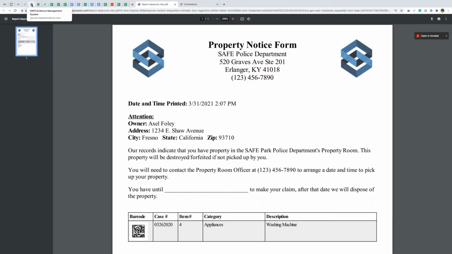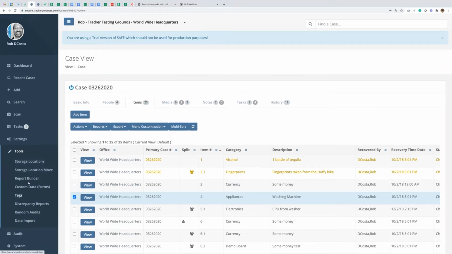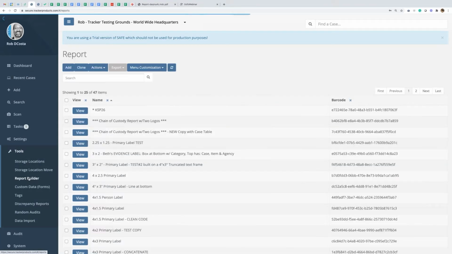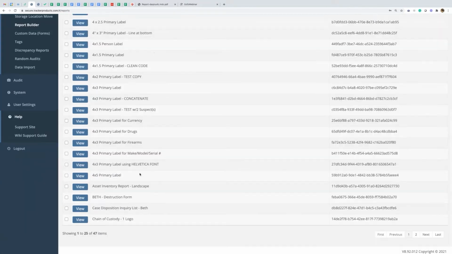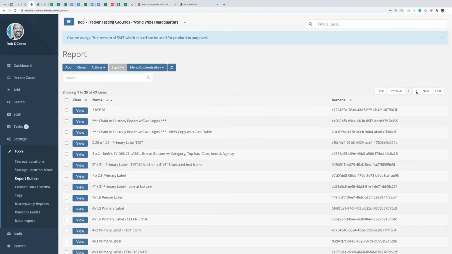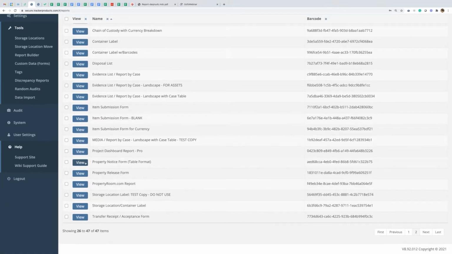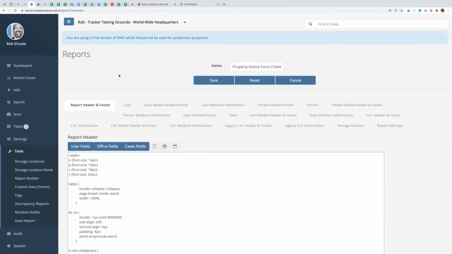And so we're going to go back into SAFE now, and we're going to go into Tools in the Report Builder, and we're going to go down and view that report. All right, there it is, property notice form. And you're not going to have as many reports on your site, I think, as I do, so you won't have to flip between the pages to get there. So now when you go into the report builder and view that report, this is the first thing you're going to see. It's going to take you to the report header and footer,